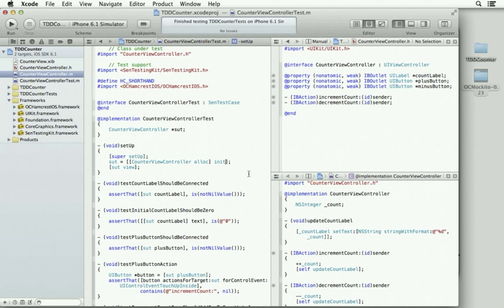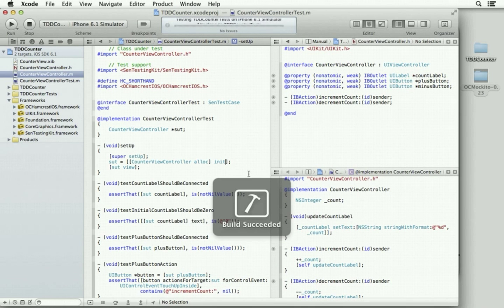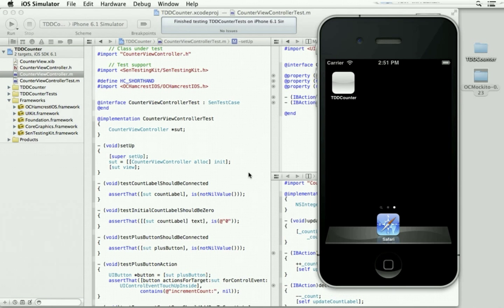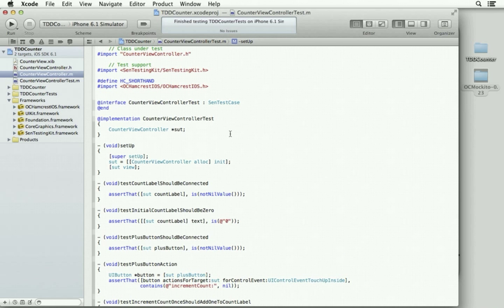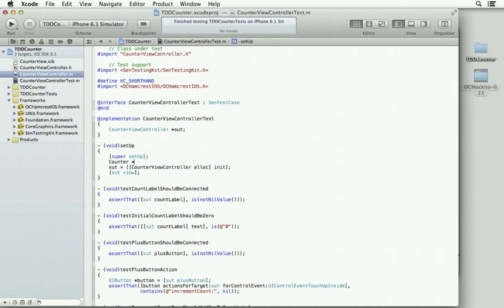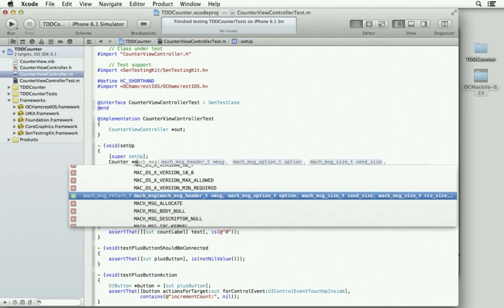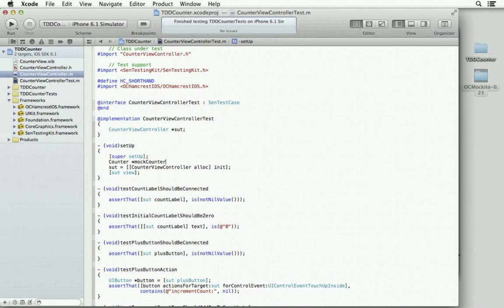So let's do it. The first thing I'm going to do is Command U to run my current tests, just to make sure I'm starting from a good point. Okay, test succeeded. We're good. What I want to do is use, let me switch this view, I want to use dependency injection to create a counter class. I'm going to actually create a mock counter, and